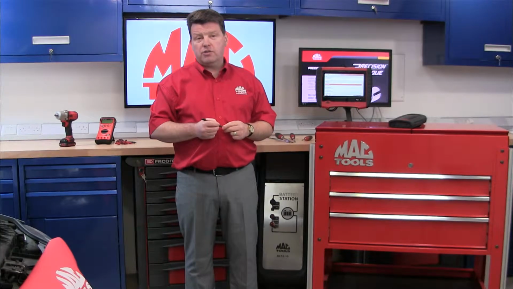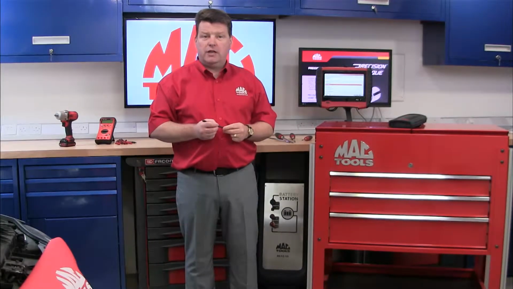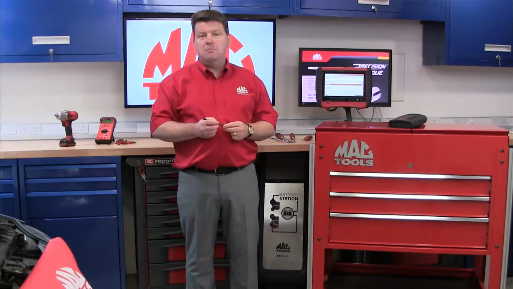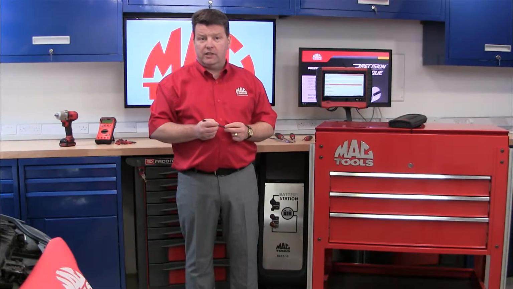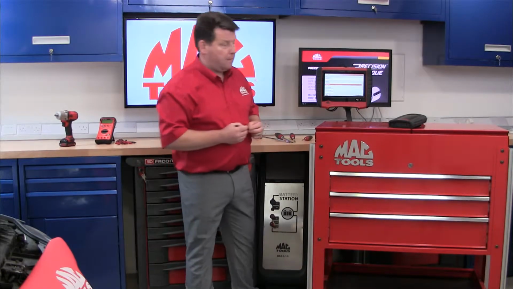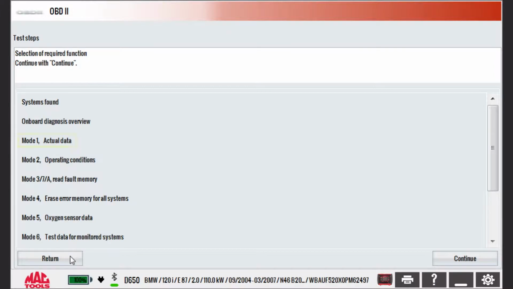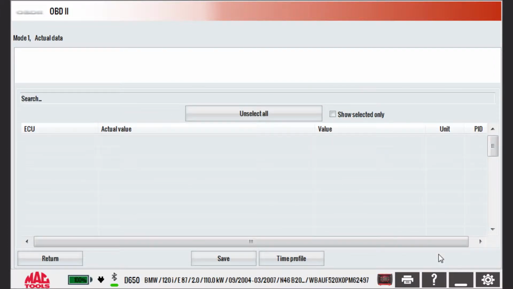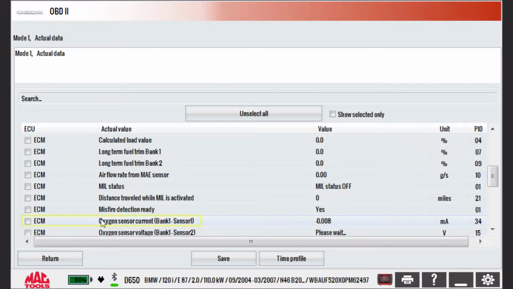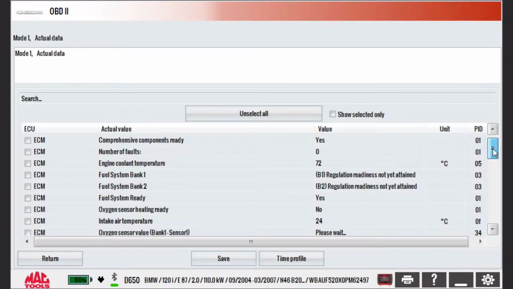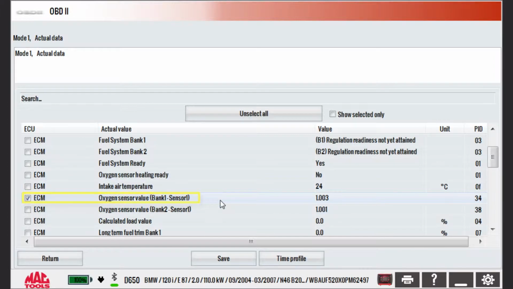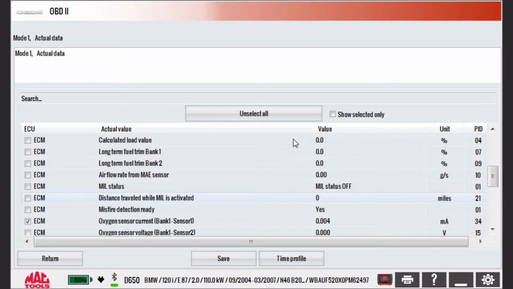So that's covered error codes and readiness tests, but what about actual data? In some instances, OBD may show data not covered within the system program. One example of this would be lambda values. We'll take a look at this now. Selecting mode 1 and continuing displays actual data. We're going to take a look at oxygen sensor current, bank 1, sensor 1, along with the oxygen sensor value, bank 1, sensor 1. I can now check Show Selected Values Only to limit the list to just that data,